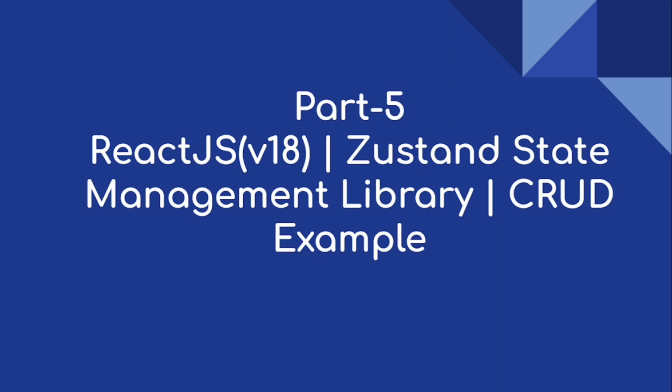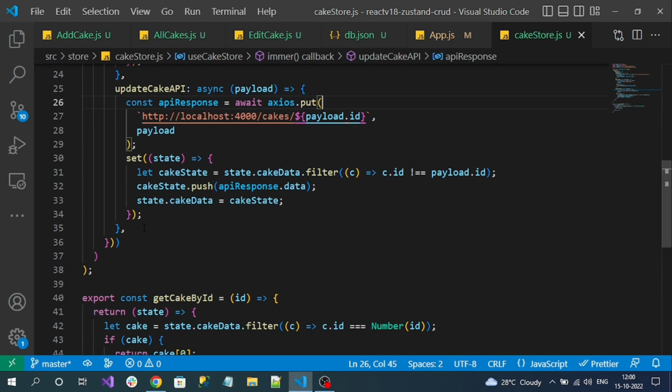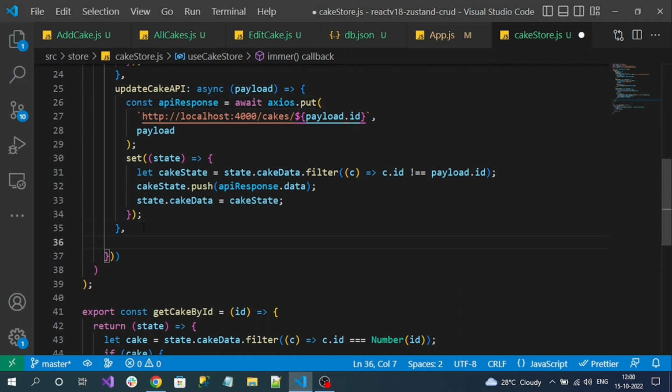So this is part 5 video on ReactJS CRUD example using Zustand state management library. Our main focus is to implement the delete operation. So in our car store, let's implement the delete API call. Okay, so let me add a new method for my delete